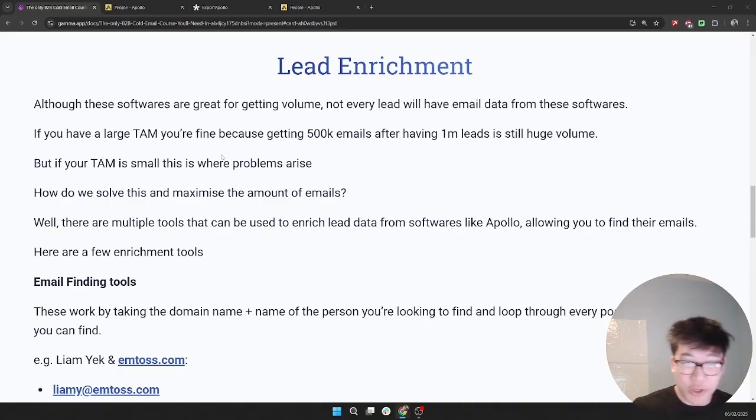Sure, you have 500k emails and I can rip through 500k emails. That would take me a while unless you built out a really robust system and you had your own Google panels, etc. But if you have a TAM of 1,000 people, maybe 5,000 people, that is not a lot of people at all. You know what I mean? So